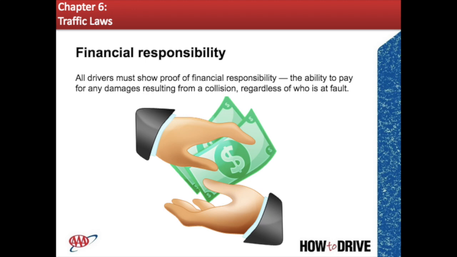Failure to show proof may lead to the suspension of one's driver's license. Vehicle owners who fail to show proof of financial responsibility also may have their vehicle registration suspended. If a vehicle was driven without the owner's permission, so if your vehicle was stolen from your driveway and it's involved in a collision, you are not responsible and you do not have to prove financial responsibility. The law usually limits the amount to no more than $25,000 for any one collision.